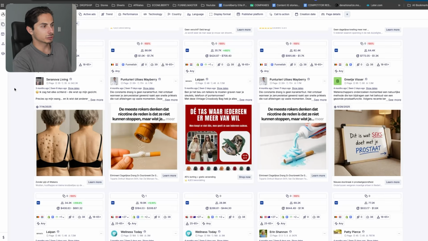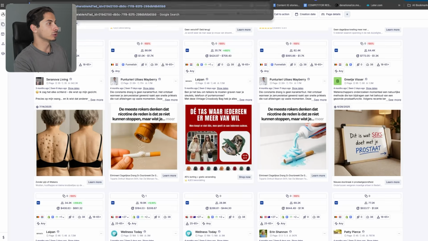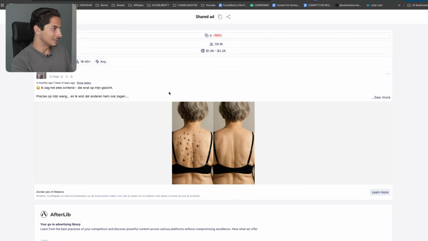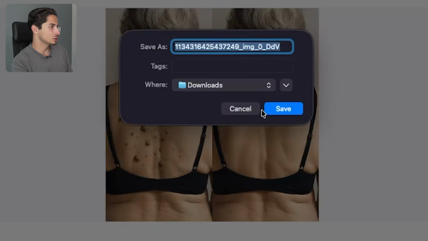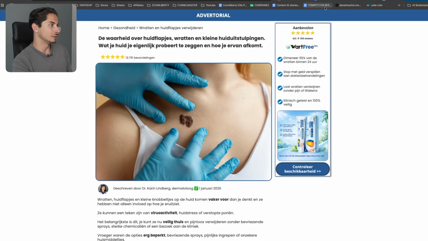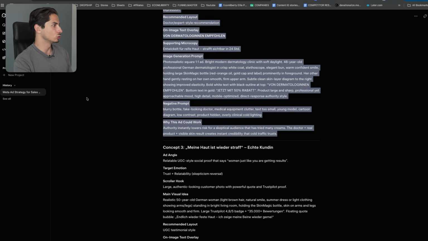But imagine you're doing product research and you found a product that you like and you want to copy and paste from the competitor. What you want to do in this case is you want to download this ad right here. Let's save this image. Boom. Then we're also going to take a full screenshot of the landing page, which in this case is an advertorial. Boom. Save it as a PDF. But let's go to Grok